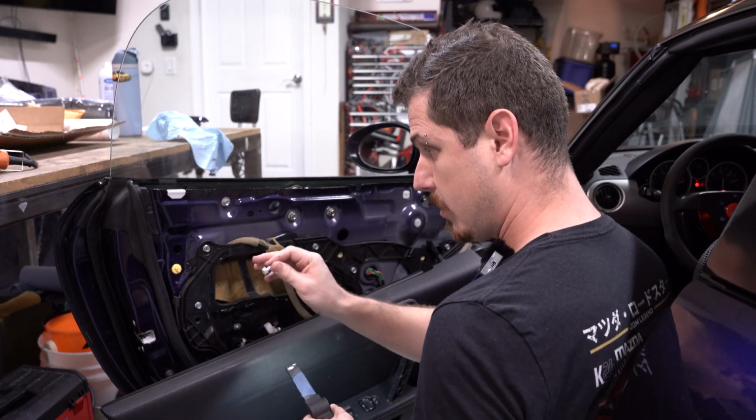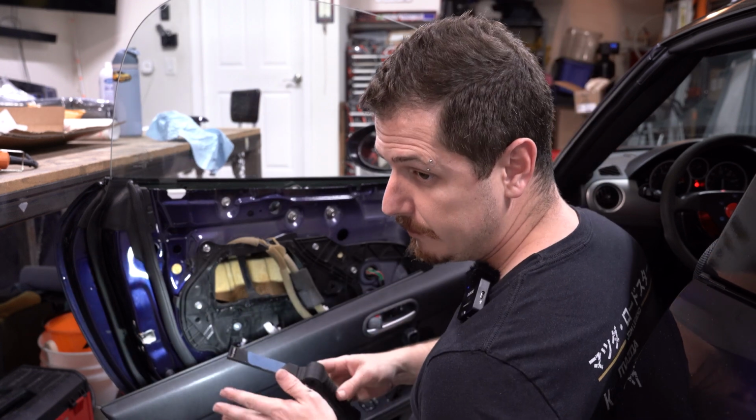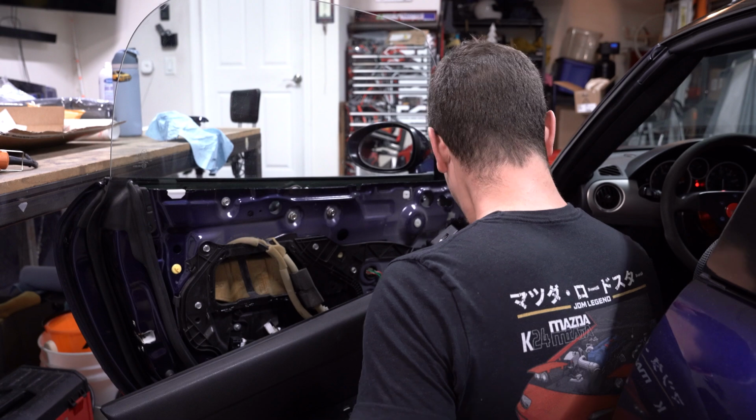So the longer screw goes on the left side, shorter screw on the right side. Remind me later if you could. Thanks. Alright, so with that all out,